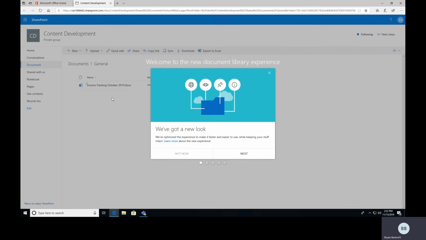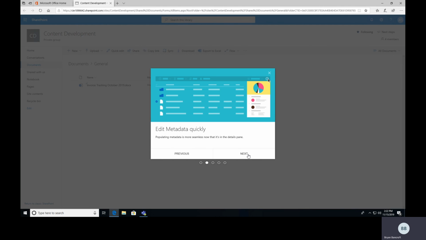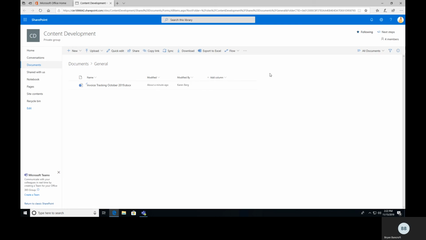So we have our invoice tracking sheet, and like I said, we'll get some tips and tricks here. You can take a look at those when those pop up on your end. Just a couple things to get you a little bit more familiarized with the application here, just so you don't feel alienated at the start. Okay, so now if we were to open up this invoice tracking,